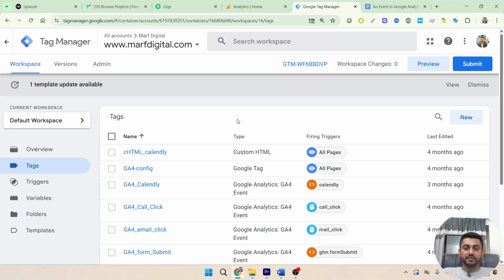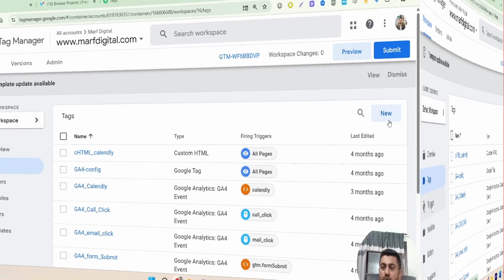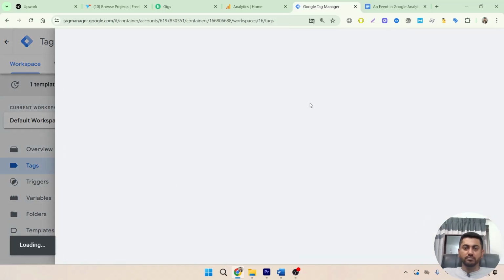You can see this is the Google Tag Manager dashboard, and here I will click on new tag. So let me tell you what a tag is. A tag is actually the action of an event that will carry all the information, including the event name, and beside this tag you can see the trigger. A trigger is the condition when this tag will be fired and data will be sent. So click on new,